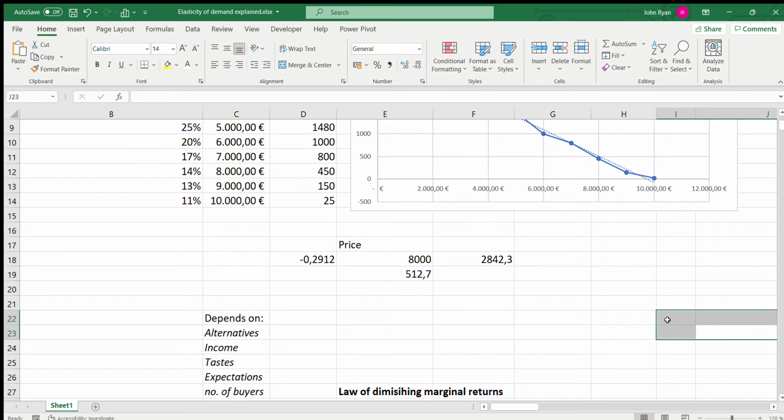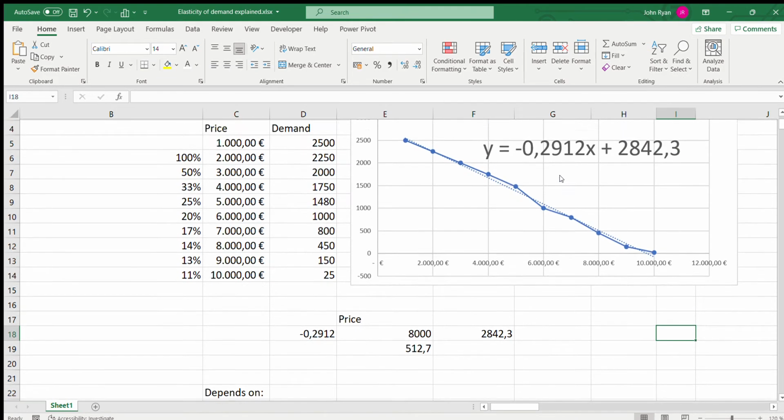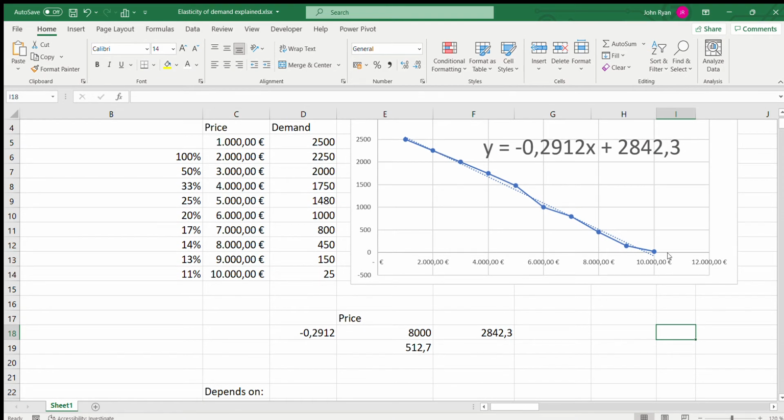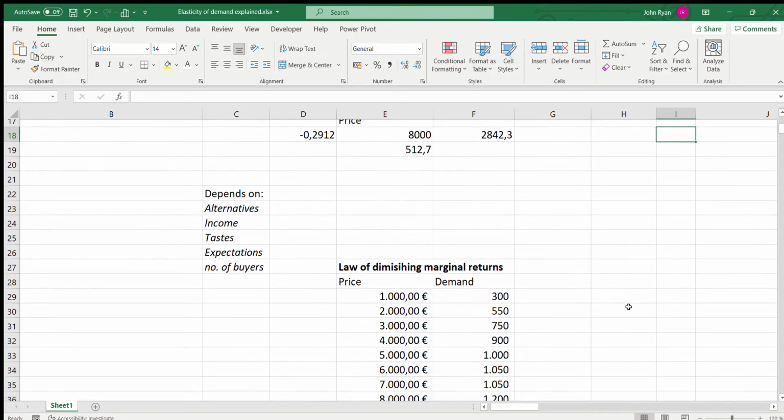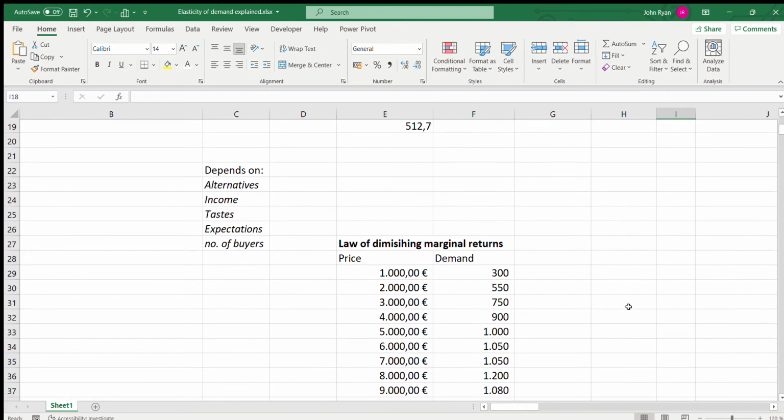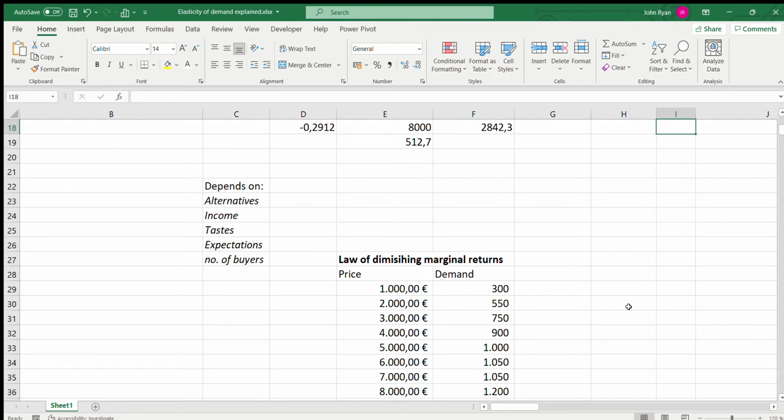Okay, so that's basically the principle behind the law of, or the elasticity of demand, but applying a regression model to it. Of course, there are other potential regression models that we could use, but when we talk about elasticity of demand, we know that there are going to be a variety of different influences to it. I mean, for example, the key ones are deemed to be alternatives.